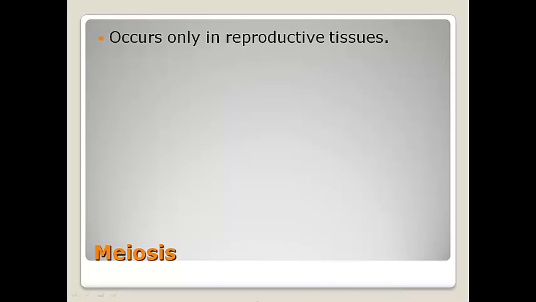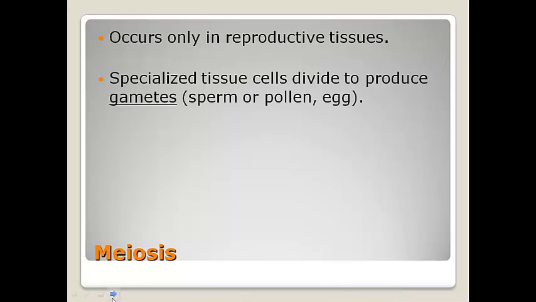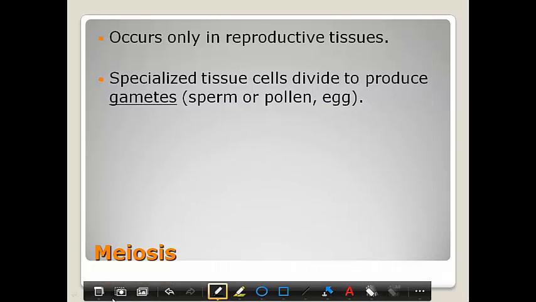Next little piece of information. Those tissues, the ovary tissue or the testes tissue, have cells in them that are going to divide to create these sperm or pollen cells or the egg cells, depending on if you're a plant or an animal. The special name that we give to these reproductive cells is gametes. So gametes can be any of these reproductive cells that are made, in our case, in our ovaries or testes.